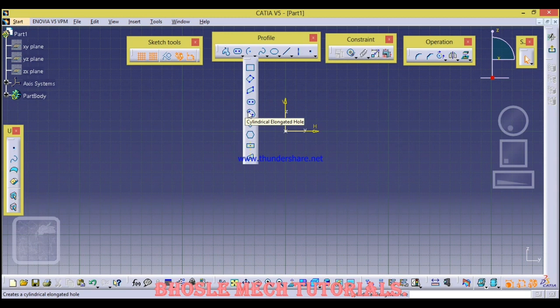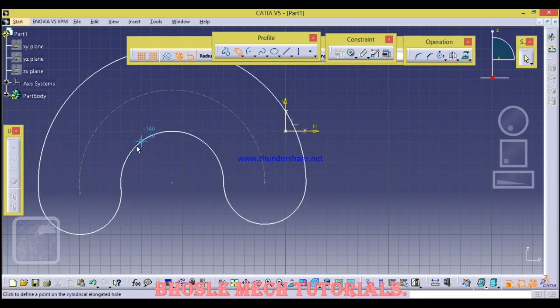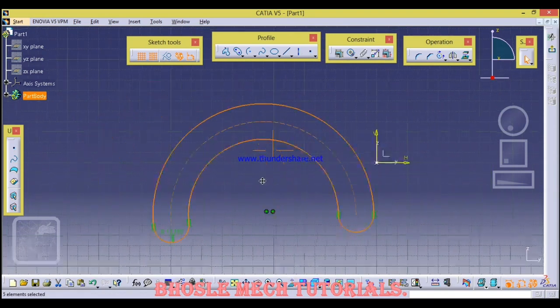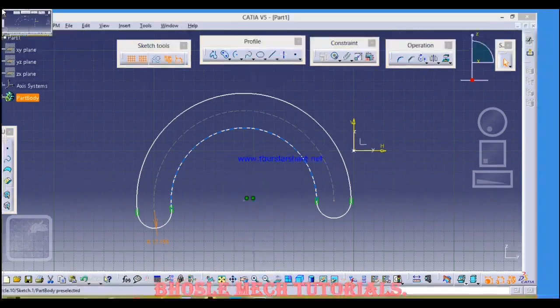See this cylindrical elongated hole. This is a very important command. Just one click and another click and draw an arc. According to that, you will get it like this. Afterwards you can give the radius and so on. Where can we use this command?